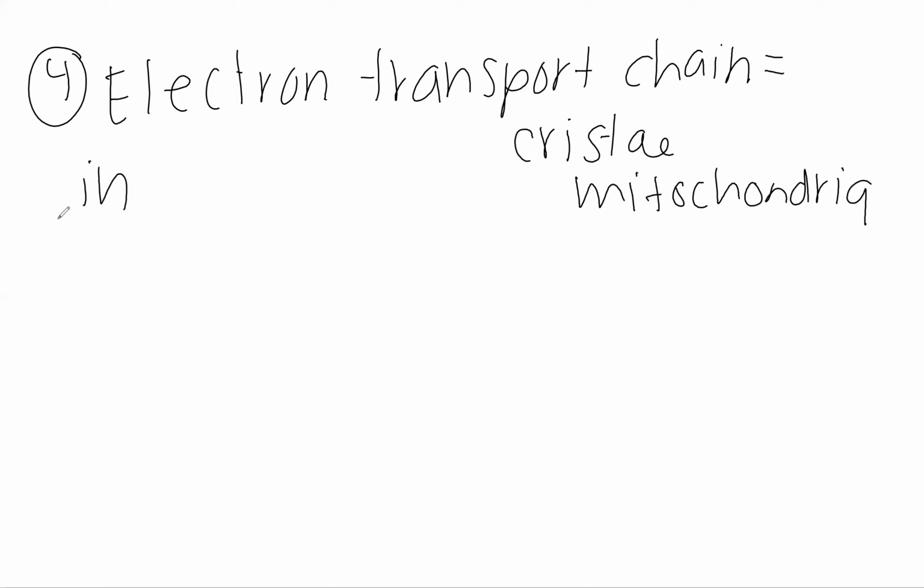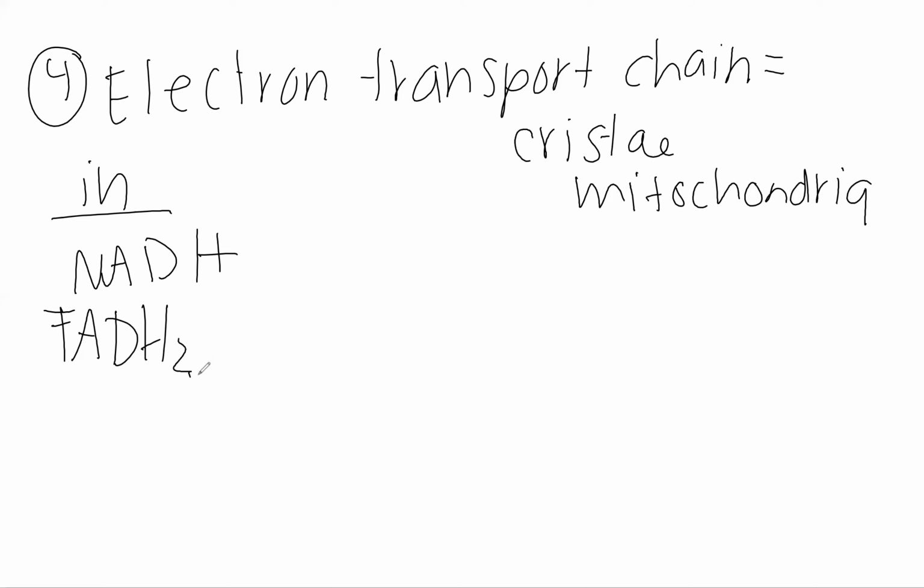Okay, so what goes in? We have NADH that we're getting from both the glycolysis, prep reaction, and the citric acid cycle. So all 3 of those are going to give us NADH,